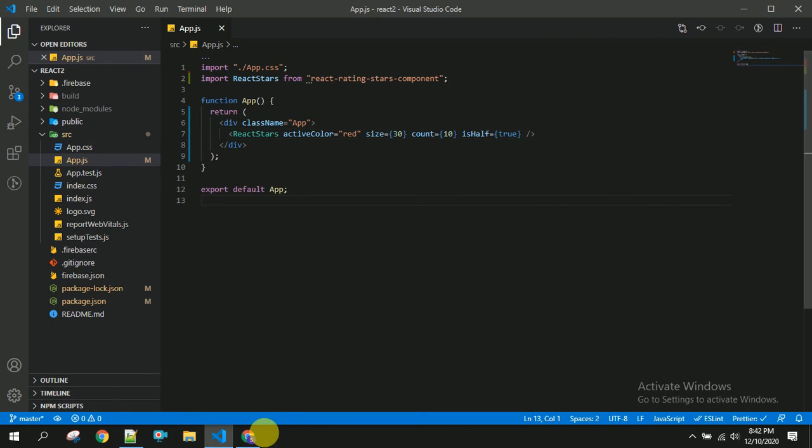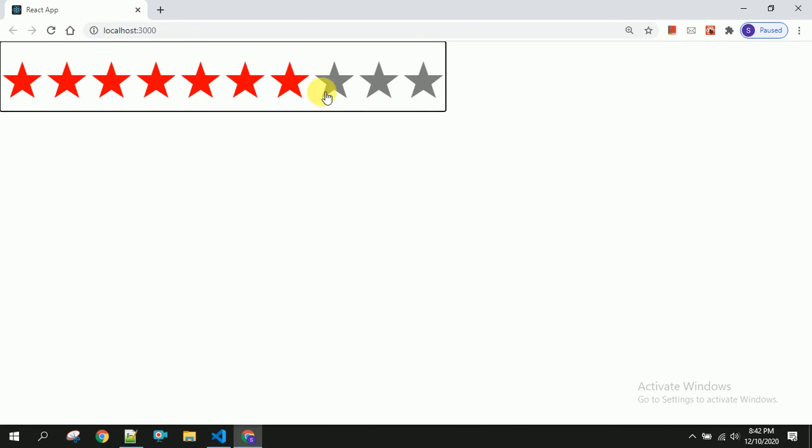So let us head back to the browser and change this. So you should be able to give the half star rating as well now. Yeah, you can see here we have given half star rating, and once I remove this, all the colors will be as it is, and once I go and edit this, you can see I am able to edit this.